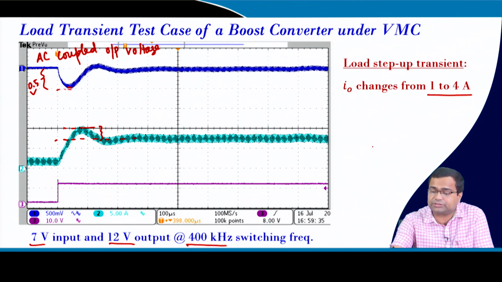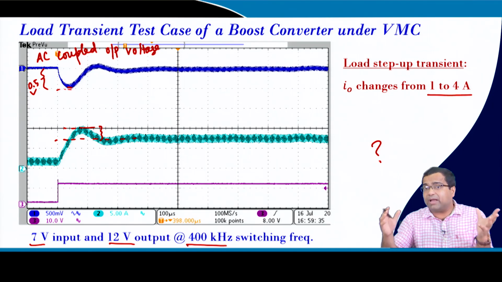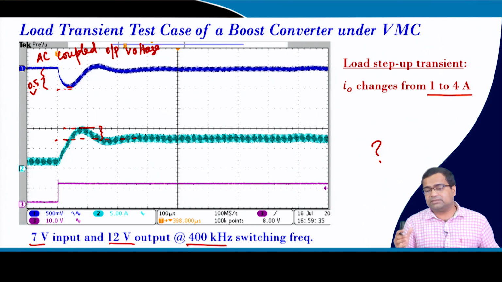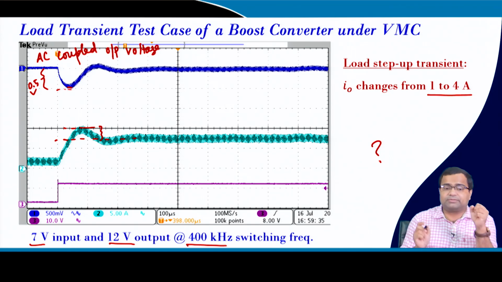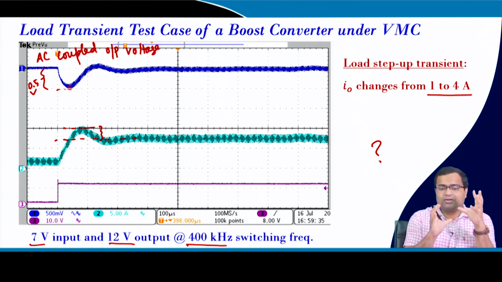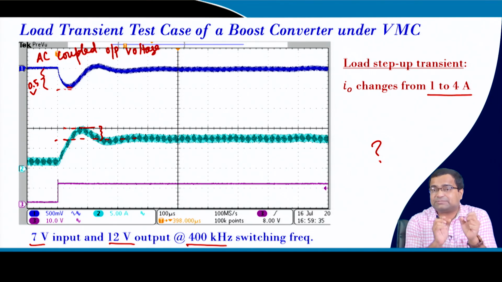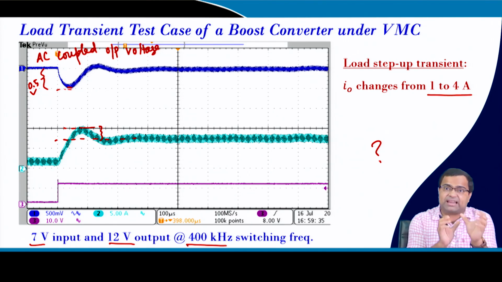So, this poses a question: how do you match? Even if they mismatch, we need to find a solution. This is one way of looking at this problem. The other way: you have been given a converter with control, you do not know what type of control is used, you know only that it is voltage mode control, but you want to check whether, from the response you are getting, you can predict what kind of transfer function or what kind of compensator is used.